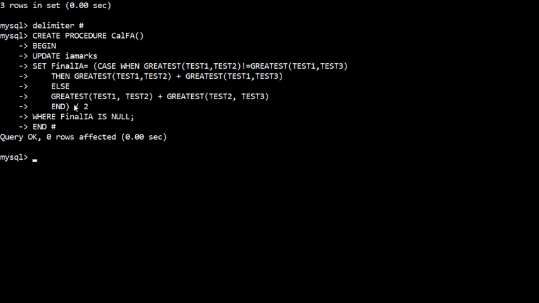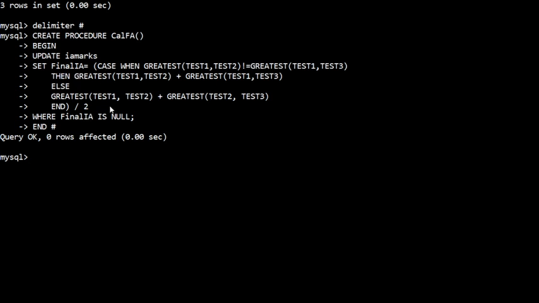Similarly, you find the highest values, and after adding the best two IA marks, you need to find the average. That's why we divide this by 2. This will give you the average marks, and that will be assigned to final IA.